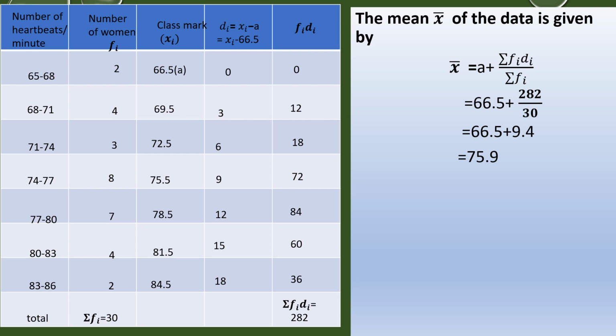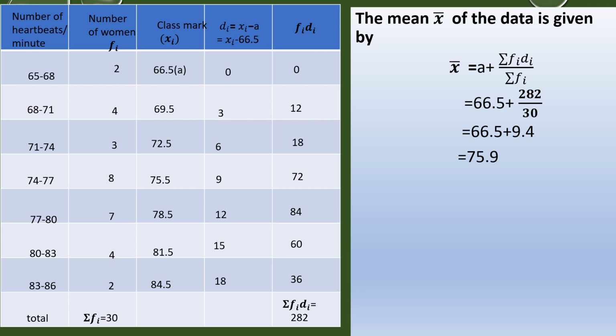So this is the second method, in which the arithmetic mean is calculated more easily than the direct method when the numbers are large, when it is difficult to find the product. And we have one more method, the step deviation method. It is even simpler than this. We can discuss that in the next class. Thank you one and all.